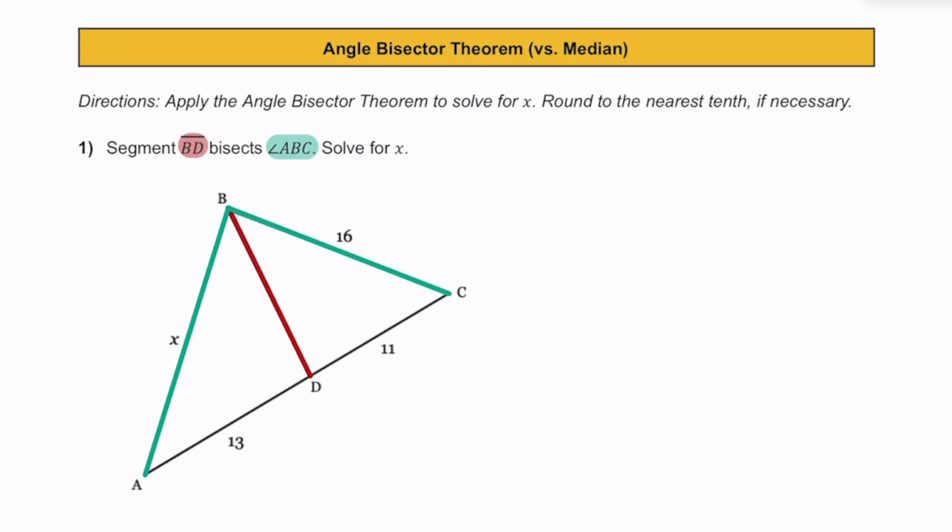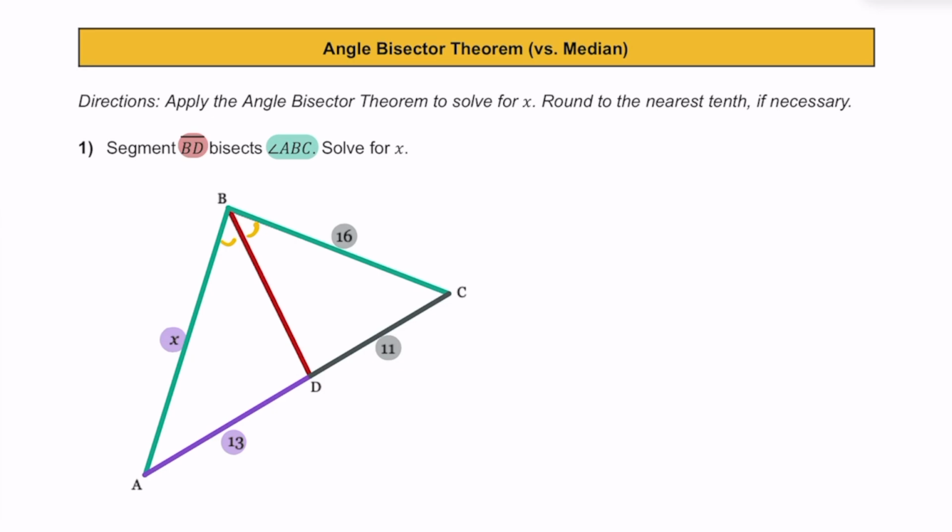Because segment BD is an angle bisector, we know that these two angles here are going to be congruent to each other. Basically, when you have a situation like this, we can apply the angle bisector theorem, which states that an angle's bisector splits the opposite side of a triangle into segments that are proportional to the triangle's other two sides. Basically, this angle bisector BD is going to split segment AC into these smaller segments of AD and DC. And so the ratio of AD to DC is going to be equivalent to the ratio of AB to